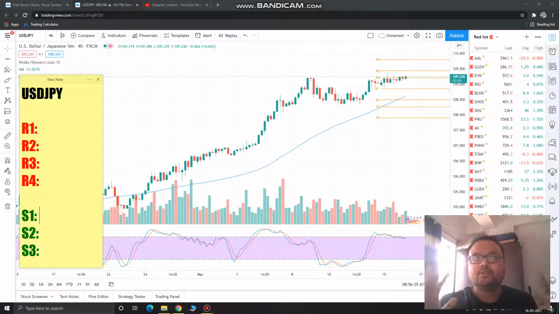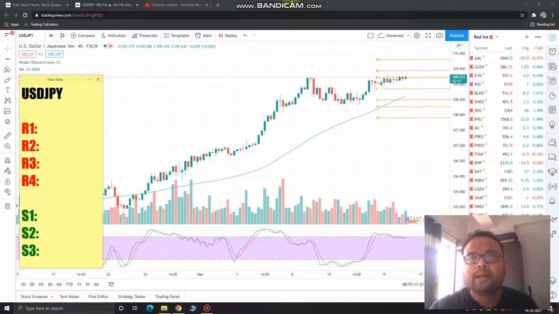So we can see that USD JPY is still continuing its uptrend, and that's very good news for us. As I always mention, it is easier to trade on a trending market in comparison to other markets. And this market is in a beautiful uptrend and there is no doubt about it. To get the best price, we need to find the area of value. And in an uptrend market, the area of value is always near the support. And in this case, the support is the 50 moving average.